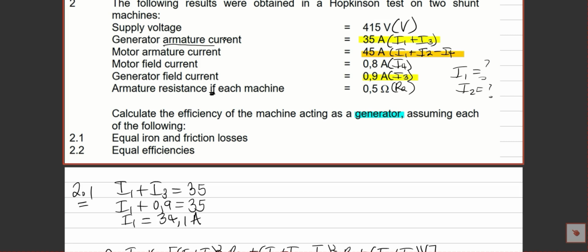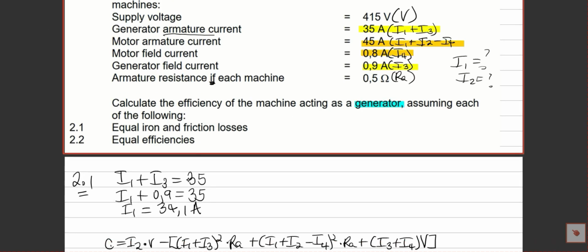They already gave us I4. In fact, let's highlight our I4. Here, we have our I4 there. So, if that's the information we are using, then we're saying I1 plus I2 minus I4 equals to